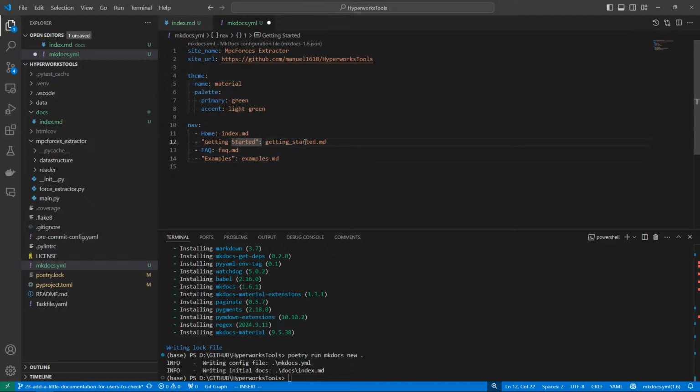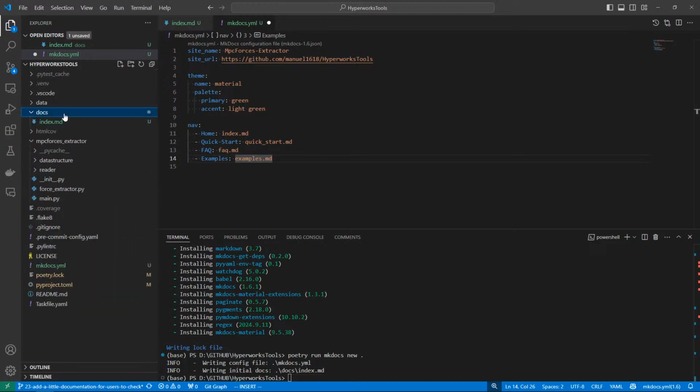Yeah, let's maybe rename that. To be honest, I like it way more if you have something like blue and orange. That makes more sense, right? It's a quick start. And then let's also rename that to quick start. All right. So that should be it: home, quick start, FAQ, examples. All right, let's create those